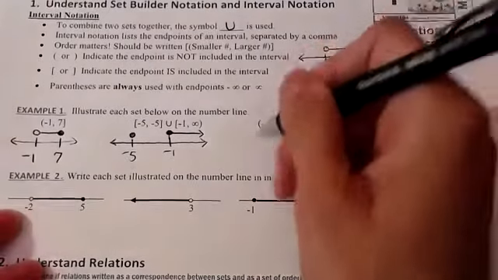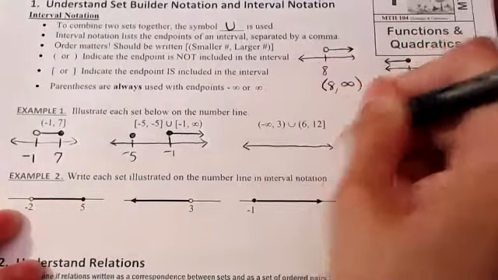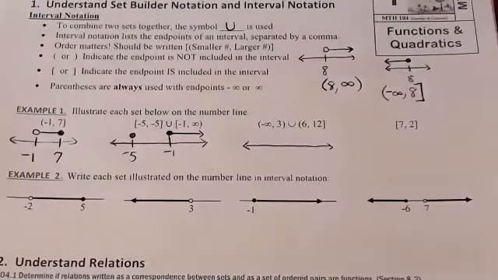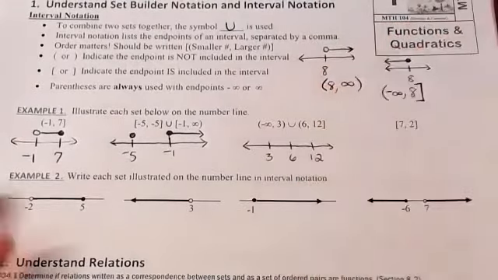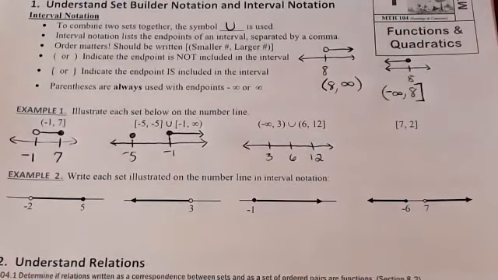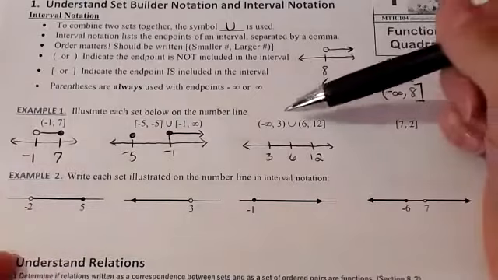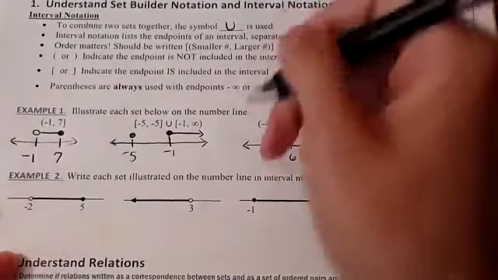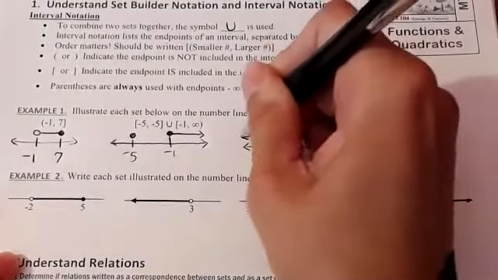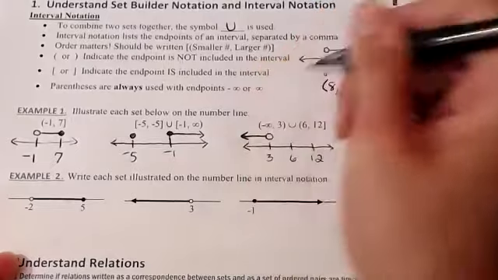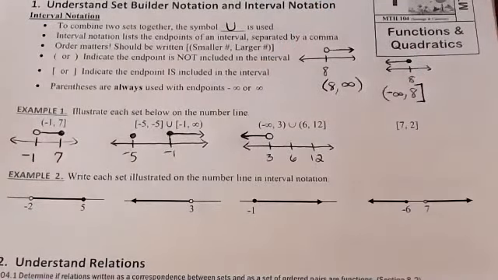Let's take a look at the third example. We have from -infinity to 3, and then we have from 6 to 12. What I may start doing initially is I will write down each of my critical values, 3, 6, and 12. So we have -infinity to 3, but notice 3 has a parentheses around it. So we are actually going to have an open circle on 3. And remember, we're shading everything to the left because we're including all the values from -infinity up to 3, but